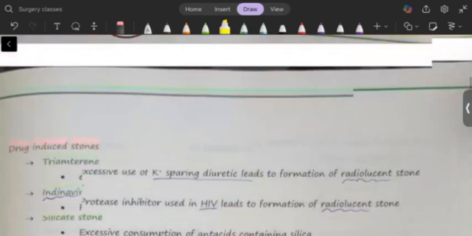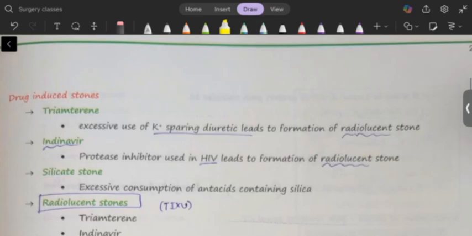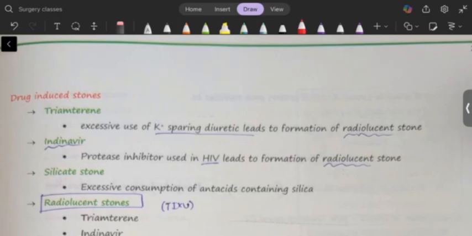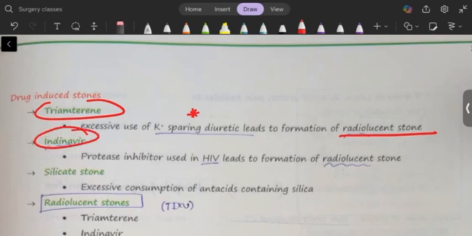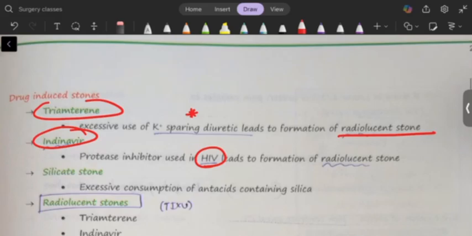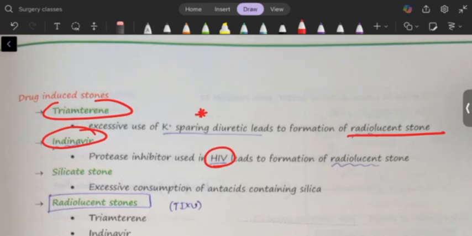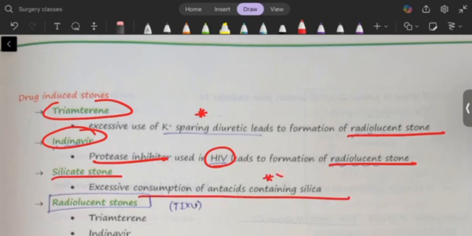Okay, so there are certain stones which are caused because of drugs, and what are those drugs that will lead to formation of kidney stones, if asked: triamterene, that is, this is a potassium sparing diuretic which leads to formation of a radiolucent stone. Other than that, indinavir, this is used in HIV. When used in HIV, this is a protease inhibitor, and this will lead to formation of radiolucent stone again. The silicate stone is formed due to excessive consumption of antacids. Okay, then